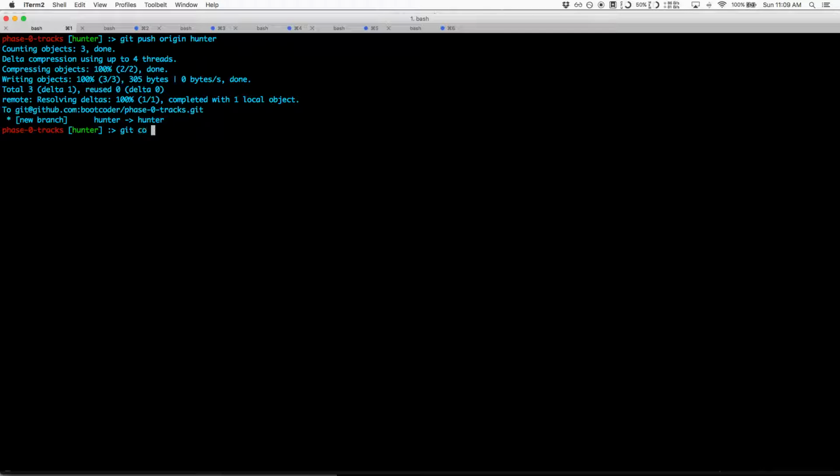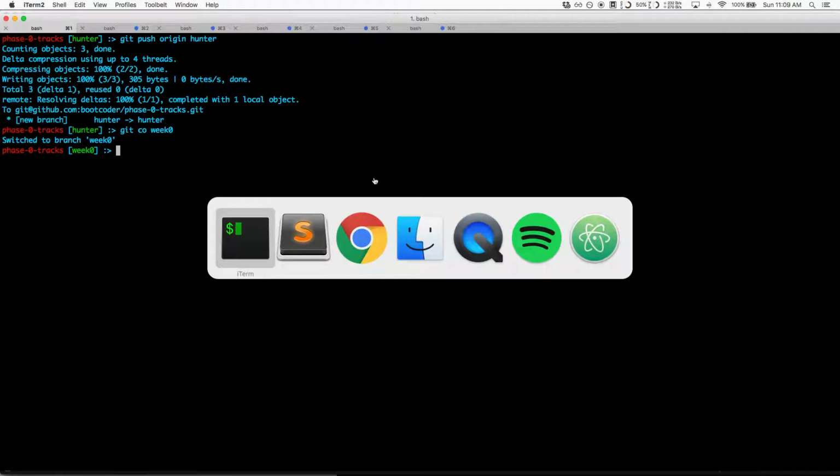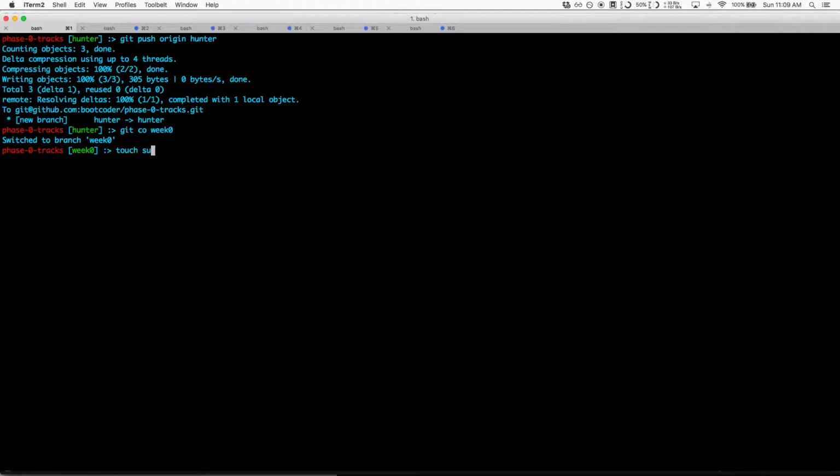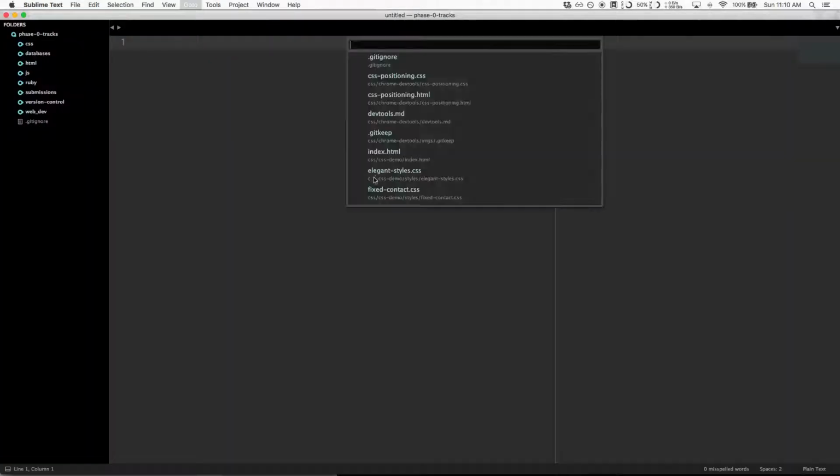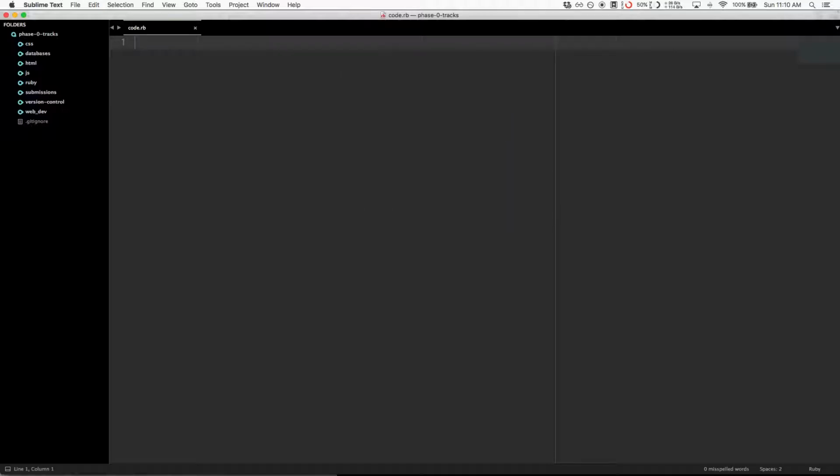Whoops. Git checkout week 0. And in submissions, let's touch submissions week 0. Let's do like code.rb, great, and now code.rb,